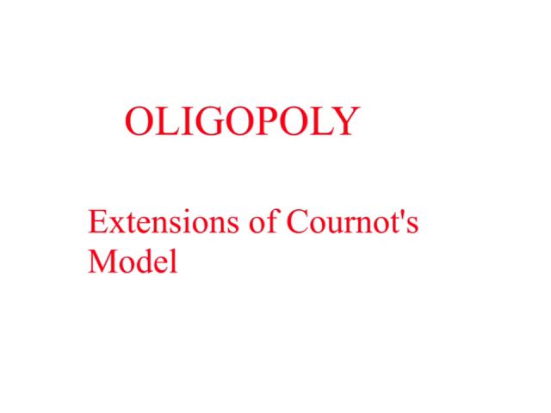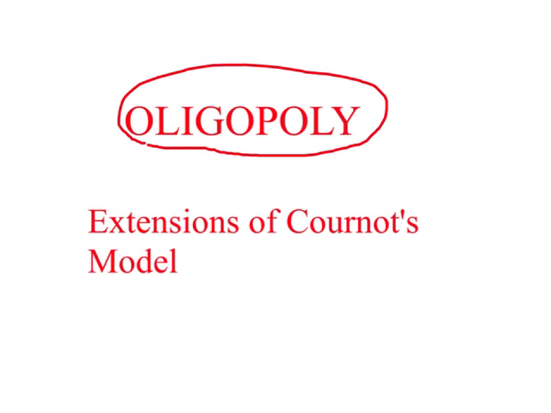We are studying oligopoly, which is competition amongst few, and we looked at one of the first models of oligopoly, which incorporates interdependence in decision making, called the Cournot model. Cournot's model looks at two firms, or a market that contains two firms, or what we looked at is duopoly. In this lecture, we'll look at the extensions of Cournot's model.